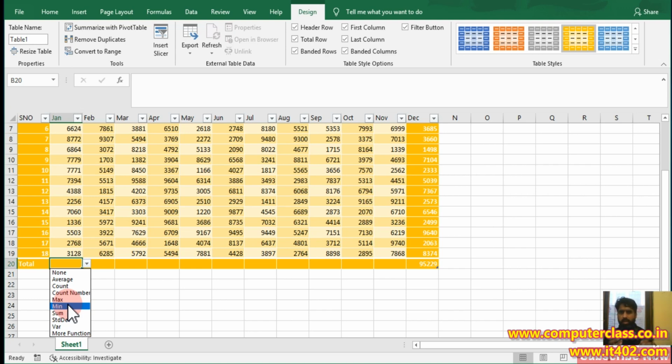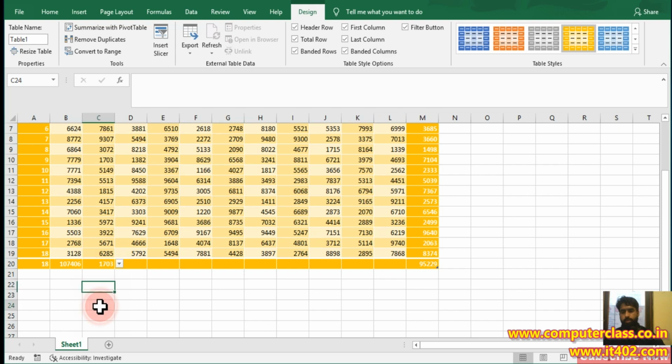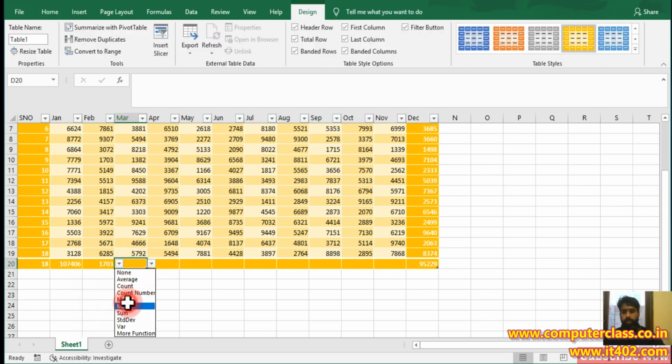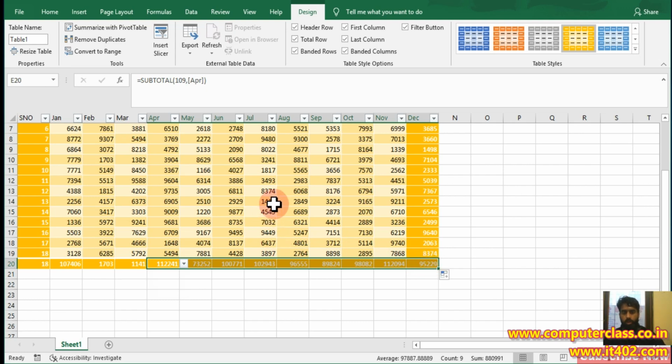Best styles are there, table style options are there, some more options are there. So click on any of the options. Suppose instead of total, I want the total record, the number of total records. I just use the count option. So 18 records are there. If I want total here, I just click here and click on the sum option. If I want minimum, the min formula is there, the max function is there, and if I want the rest of them, I want sum, so I select sum here, and now I can drag this like that. So total row options are much more important options in table options.